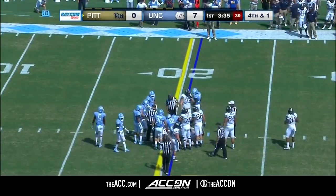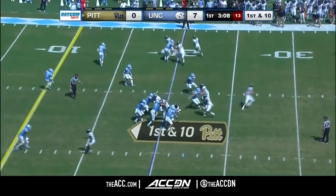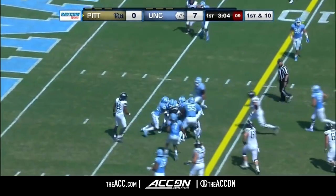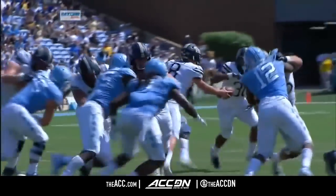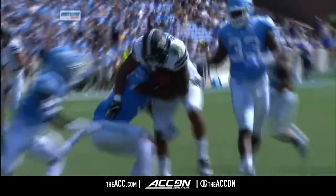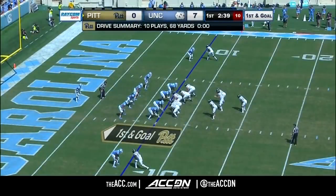It's Kenny Pickett again on the keep. Handoff. Olesen inside the 10. And it takes several Carolina Blues shirted defenders to bring him down. North Carolina gets some penetration, but Olesen at 225 runs through the arm tackle. This is what we talked about in the opening, about his big body and being able to...